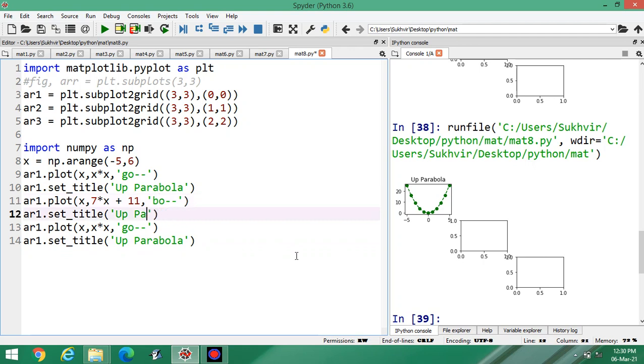This one is a straight line. The third one is a cubic graph, that the color is red.